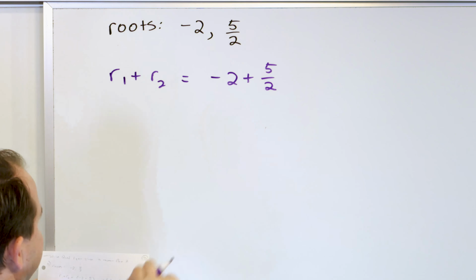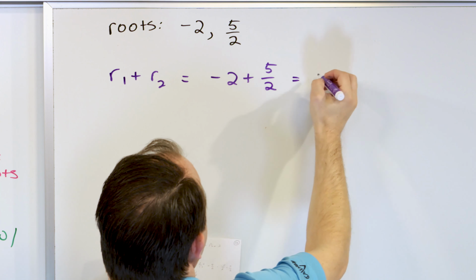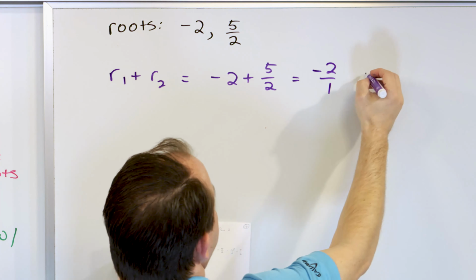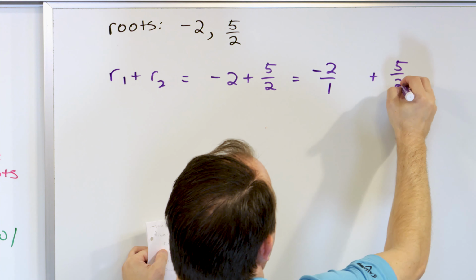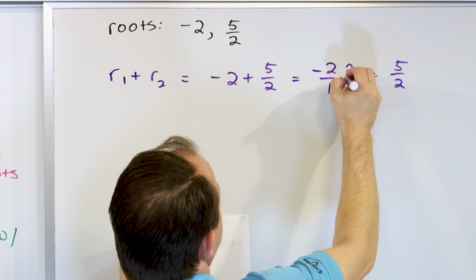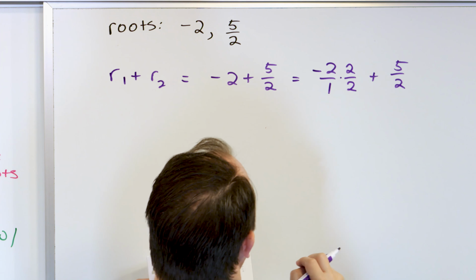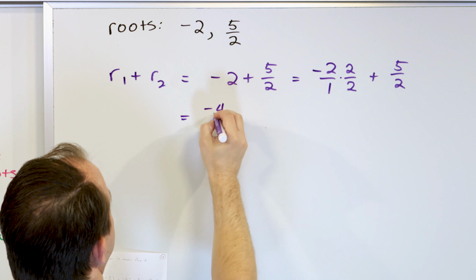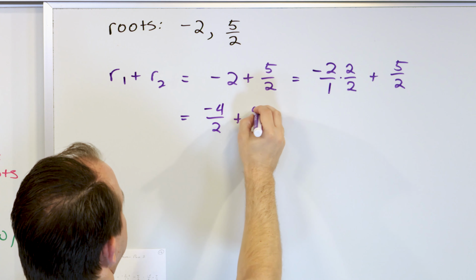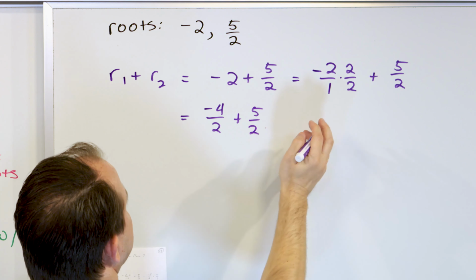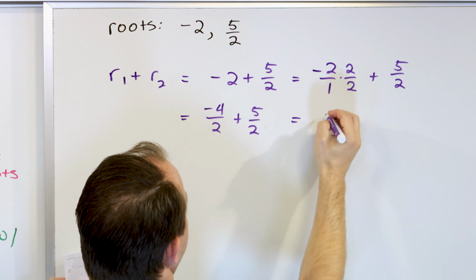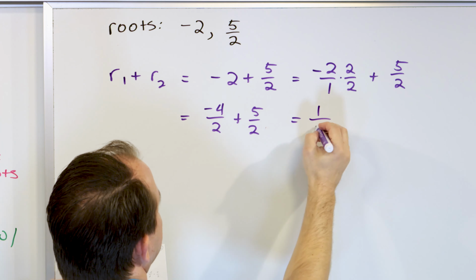You have to know how to add these, right? The easiest way to do it is to write this as -2 over 1, and I'm still adding 5/2 to it. But I'm going to multiply this by 2 over 2. Why am I doing that? Because I need a common denominator to add them. So what I'm going to get here is -4 halves plus 5/2. And then when I do this, I can say I'm going to have -4 plus the 5, which is 1, and then the common denominator comes along for the